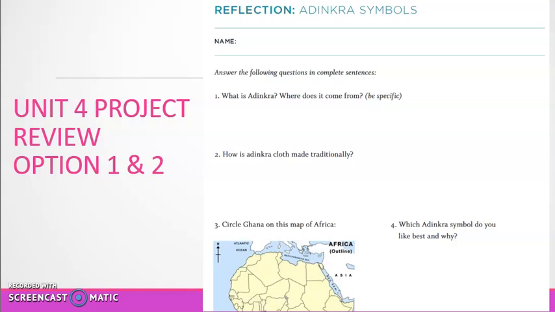So first is, what is Adinkra? Where does it come from? How is Adinkra cloth made traditionally? And circle Ghana on this map of Africa. Number 4, which Adinkra symbol did you like best and why? So you'll be looking through symbols online and answering the questions, as well as doing a little bit of research